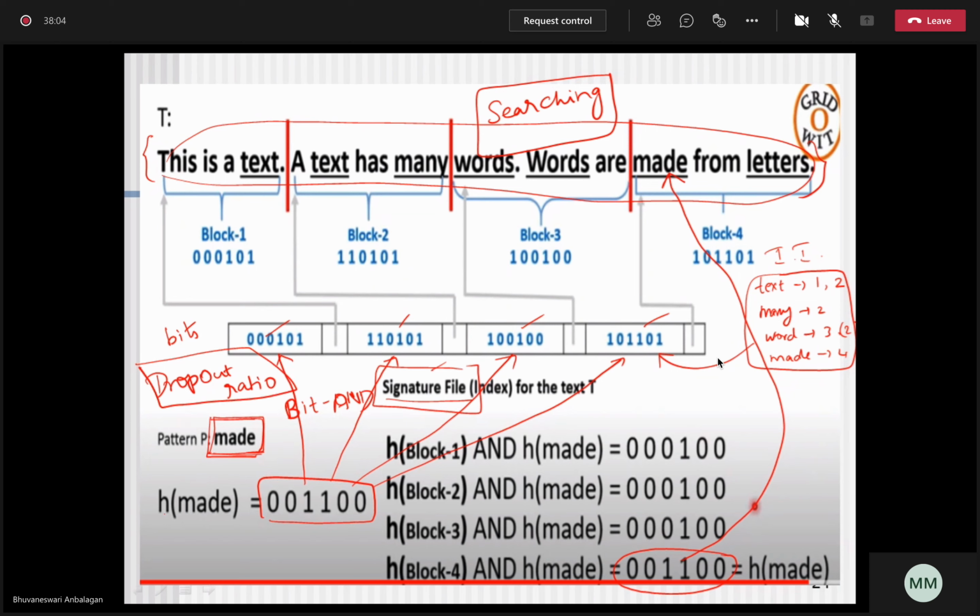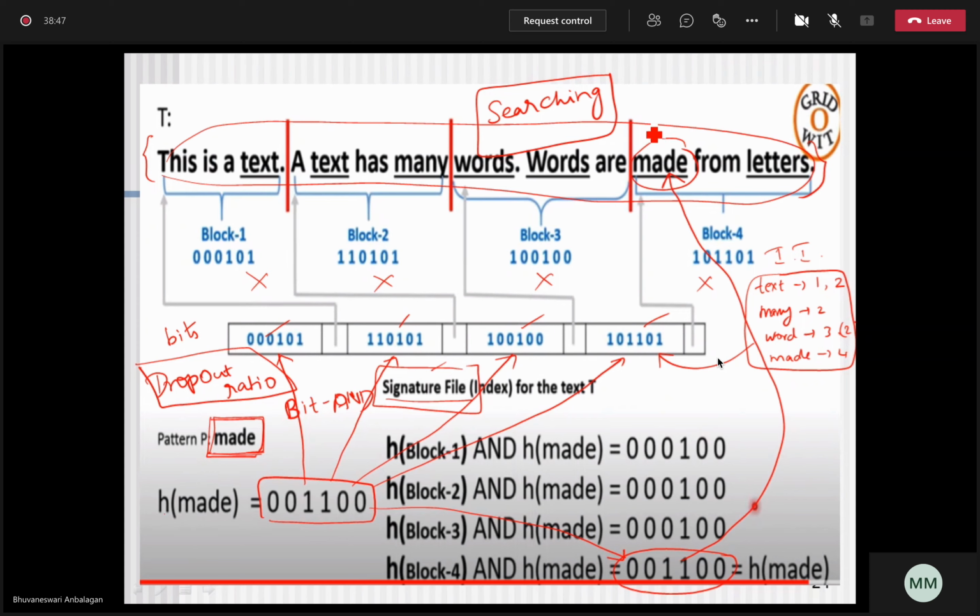Okay, so what is this dropout ratio? It is when the block is not found: the pattern that you're looking for is not available in any of the blocks with your text data. At that time we will say that particular concept is a false alarm, or a dropout. What does it mean? None of the blocks contains a particular term. In some worst cases, it will return some value the same as that of the word that you're looking for. The hash value will get matched, but the word will not exist.